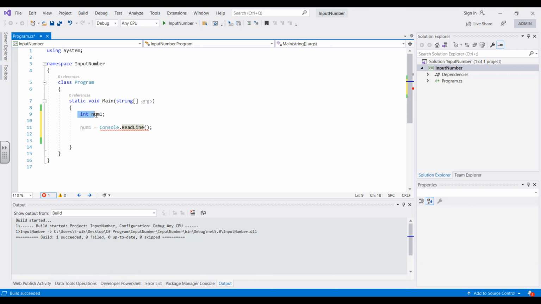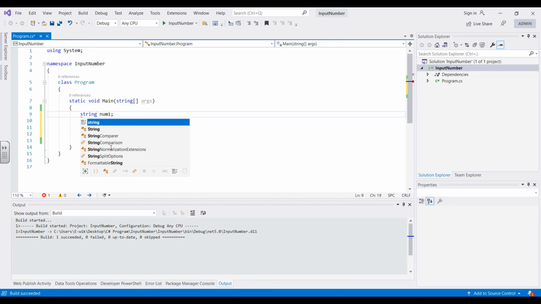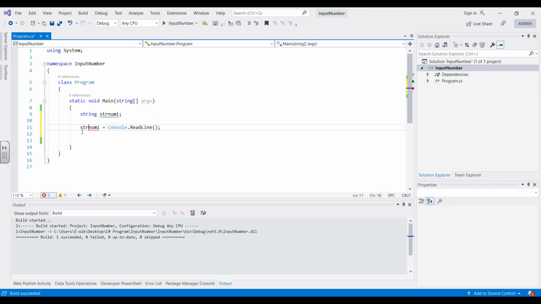Meaning to say that we cannot use num1 to hold an input from a keyboard, since this is an integer and Console.ReadLine will only accept a string value. So what you are going to do is change this one into string. You need to change this to string, strNum1, and then this one. Okay, so if we try to run this program,